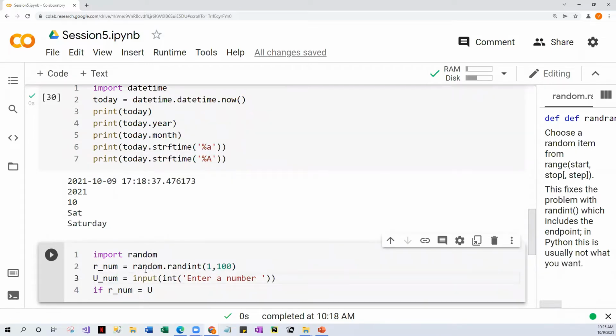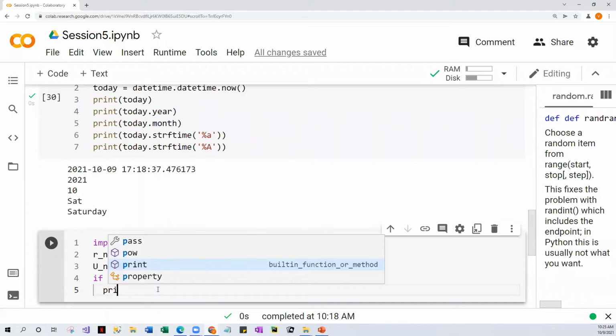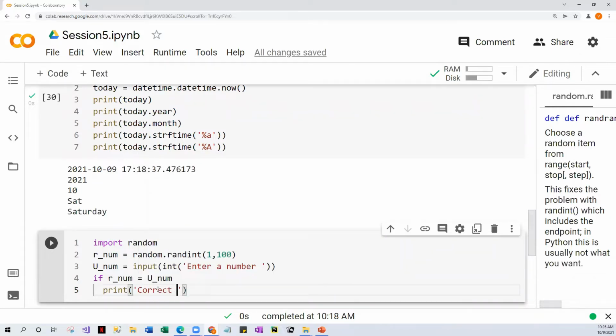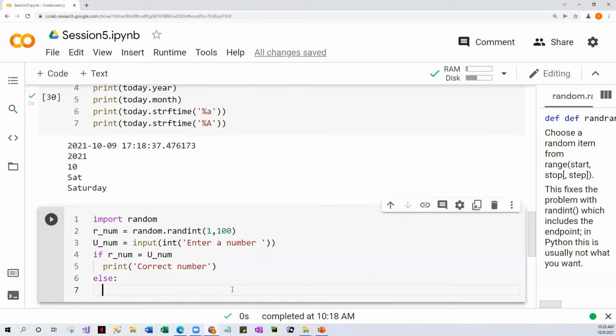One minute, let me fix the code here. And if yes, and wrong number. So